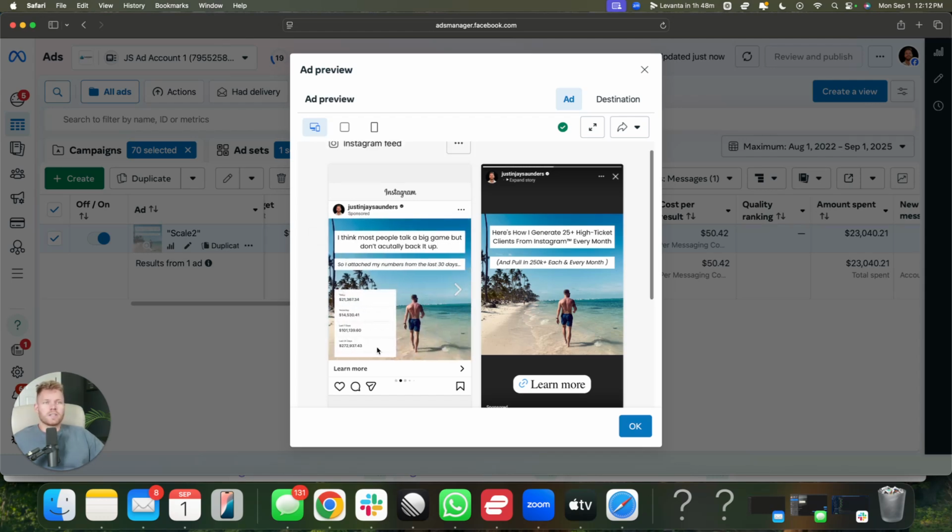The next thing I did is I just wanted to show proof. I think most people talk a big game but don't actually back it up. So I attached my numbers from the last 30 days. 21K today, 14K yesterday, last 7 days 101, last 30, 272. This is a screenshot from our Airtable dashboard. We have our own custom dashboard we built with that, but I wanted to show proof because